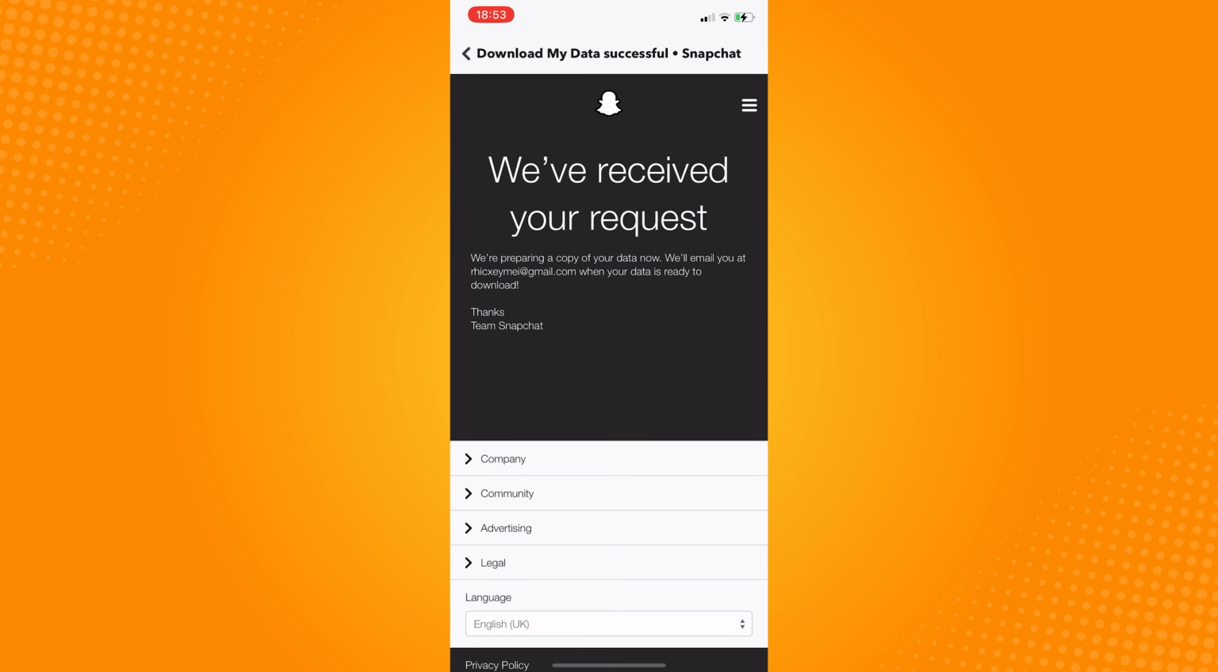After this, click on Submit Request right here, and Snapchat should say that they have received your request and they will be preparing a copy of your data. You will be receiving this data via email, so just wait for it once the zip file for your data is ready to download. I don't have the file yet, but in there you will see a file named Deleted